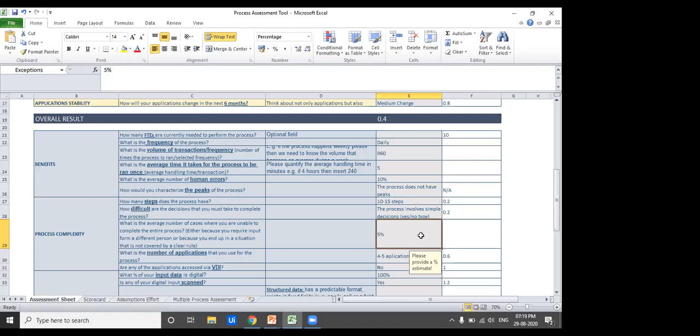So is there any case involved? And if it's there, then what percentage is there? So this is where your automation pipeline, or that wider perspective of yours, comes into the picture. Suppose instead of 5, we had 50, that out of all the cases, 50% we are unable to process because the input varies on some other thing.